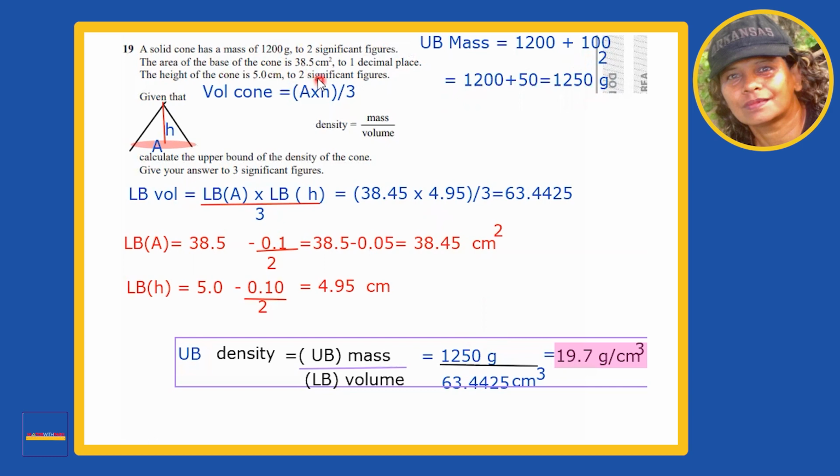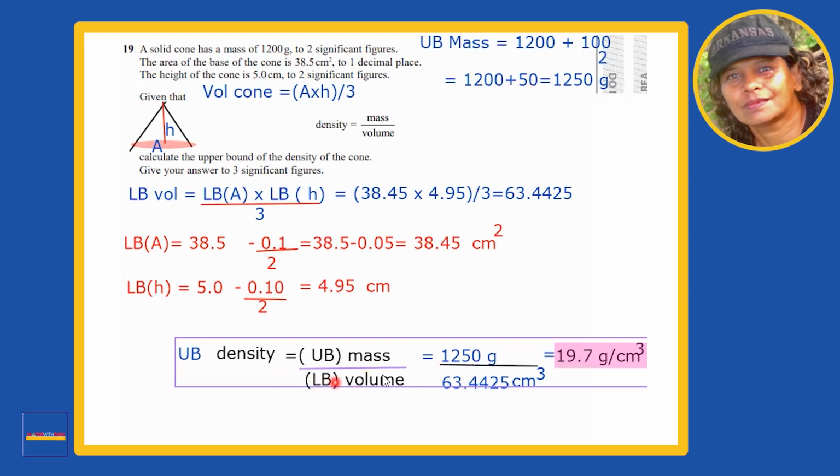Remember, when they say to two significant figures, we end up taking the third significant figure. So that would be basically the hundreds term, which we divide by 2. And our bounds are going to be, upper bound will be 1,200 plus 50, lower bound is 1,200 minus 50. So now our numerator is sorted. Let's go to